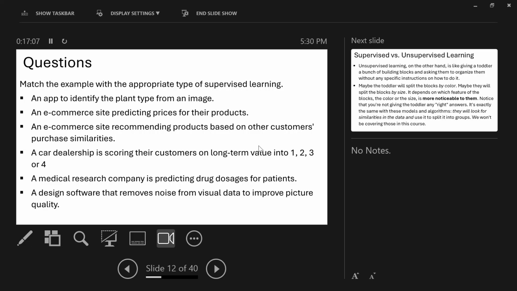The second one: an e-commerce site predicting the prices of their products. Regression. Okay. An e-commerce site recommending products based on other customers' purchase similarities. Okay. A car dealership is scoring their customers on long-term value into 1, 2, 3, or 4. Okay. A medical research company is predicting drug dosages for patients.